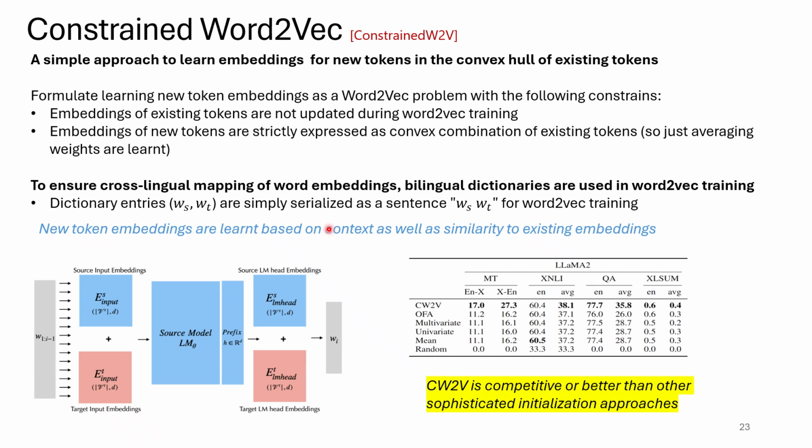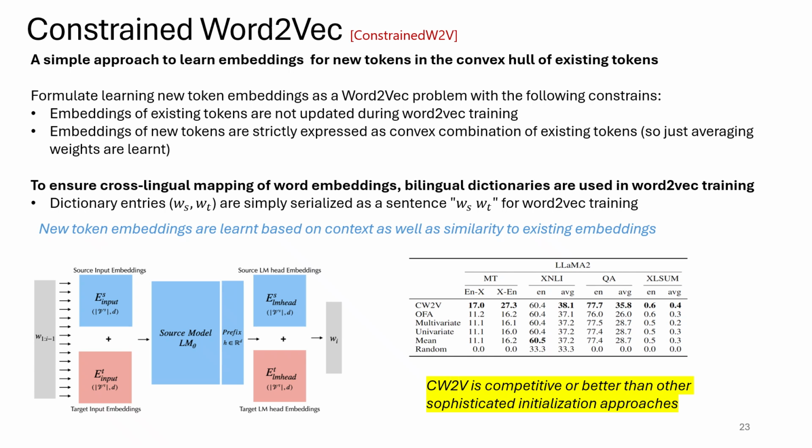dictionary entries. Basically, you get bilingual dictionary entries between the source and the target language that you're interested in. Simply serialize them, add them like a sentence in the corpus, and add it for word2vec training. And this very simple method is good enough to learn some cross-lingual mappings as well. Now, the advantage of using constrained word2vec compared to VESHEL, etc., which were just learning static, word-level mappings,